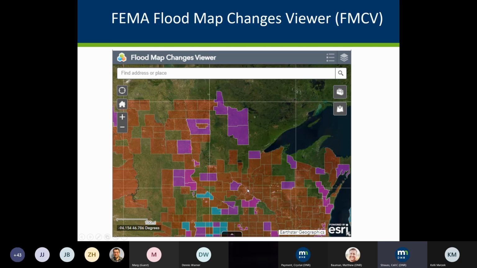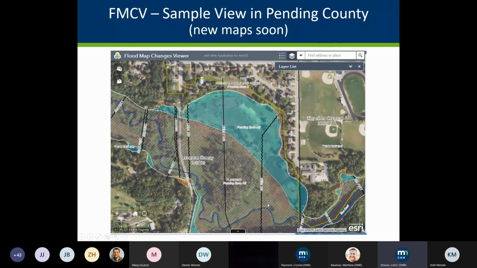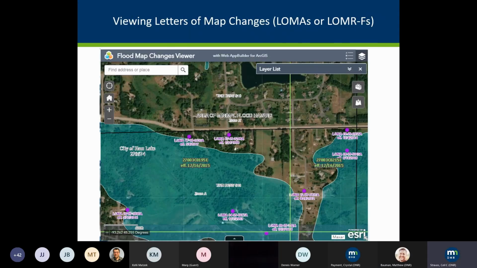This is a sample pending view. So it says it's pending section or zone AE. It shows the pending floodway in this example. So talking about those letters of map amendments,